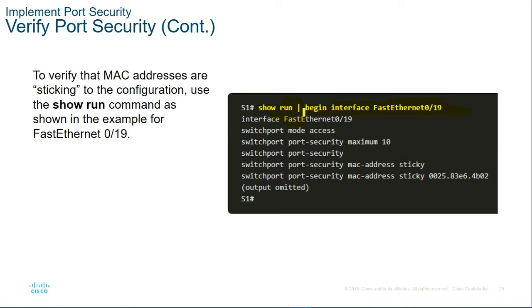From the running configuration, we can display the information about the interface F09. The port security status can be learned from the show run configuration by using this filter symbol. Show run, filter, begin, interface ID provides you the details of the port security configuration.